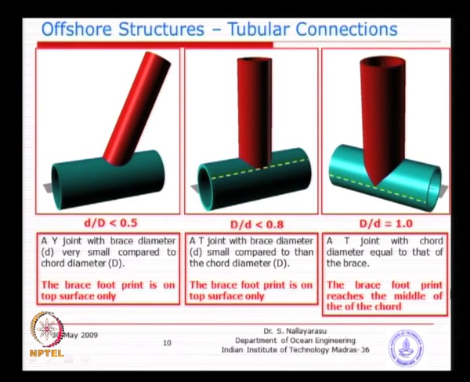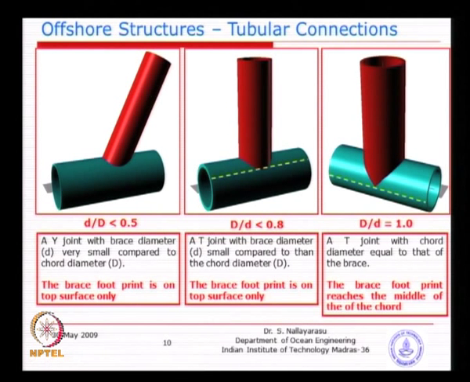So, now you can see, just carefully watch these three diagrams. In the first diagram, the diameter of the brace is comparatively smaller than the cord diameter. I think most of you understand now the cord and the brace, no. So, basically the receiving member versus the member transferring the load. The blue color is the cord member receiving load from this brace member.